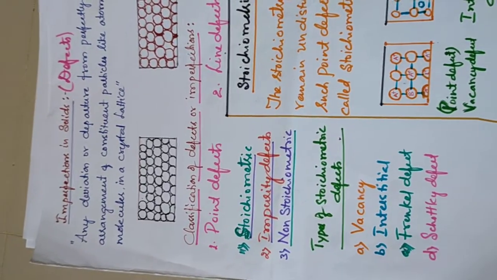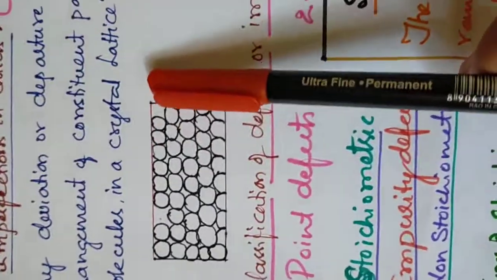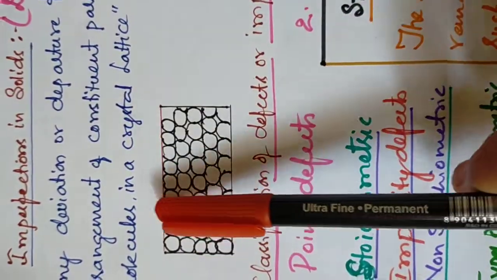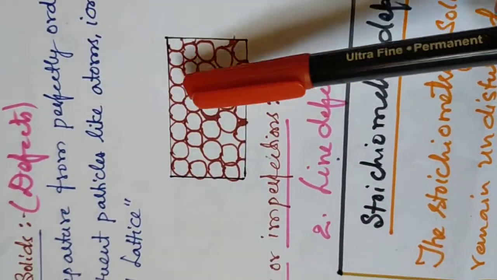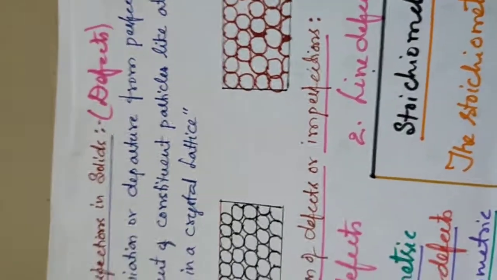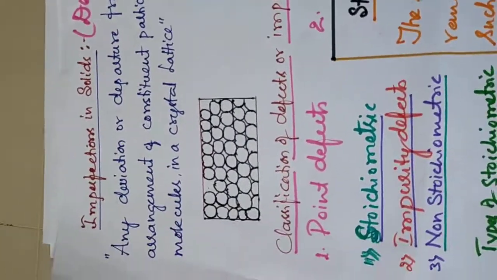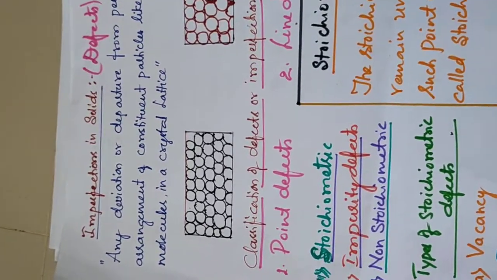In imperfection, there are different types of things. You could observe this one here. Here the atoms are arranged but two atoms are missing. This is also called an imperfection. And observe here, in the center they have missed. This is also called imperfection. These things are called imperfection, any deviation. So the classification of the defects is very important. But in this one question,